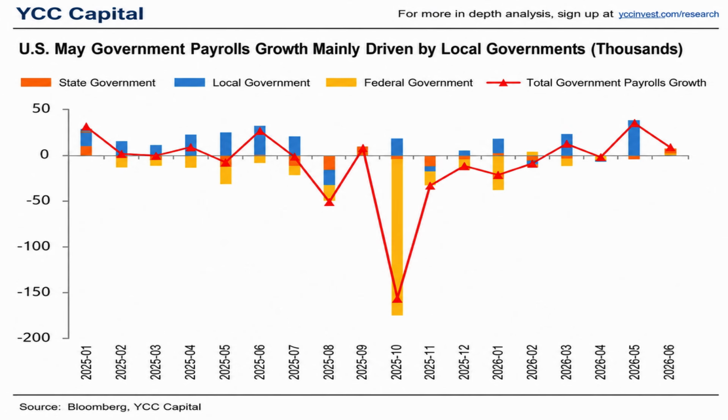This distinction matters because government hiring has provided a meaningful cushion for the labor market at a time when private sector hiring has moderated. However, investors should also recognize that government hiring is unlikely to remain an unlimited source of employment growth. Budget constraints, slower tax revenue growth, and changing fiscal priorities could eventually reduce this contribution. As a result, sustaining healthy payroll growth over the next year will increasingly depend on continued resilience in private sector hiring rather than government expansion alone.